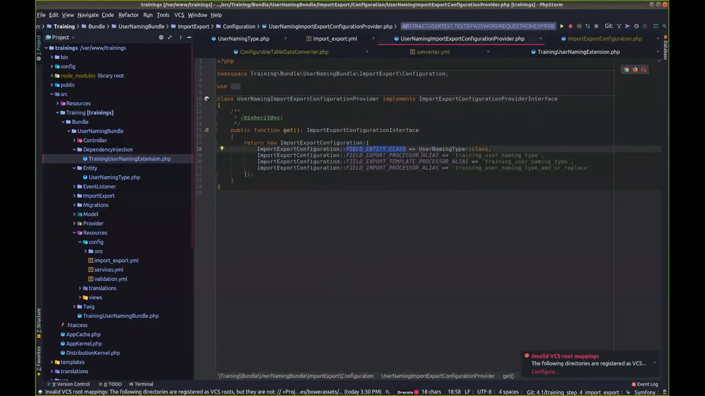We have the export processor, export template, and import processors. For the export and export template, usually you just set its alias using the name of the entity. For the import, usually you join it with the strategy, because you can have many strategies. And right now, I know exactly that this is training user naming, add or replace strategy. So once I have this,